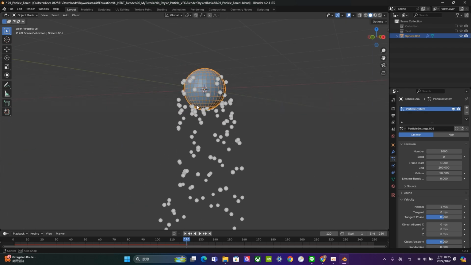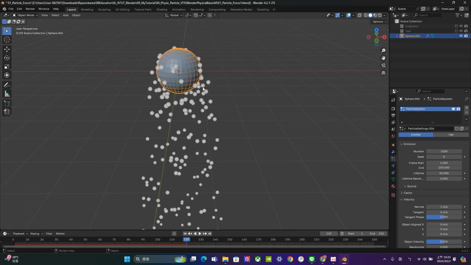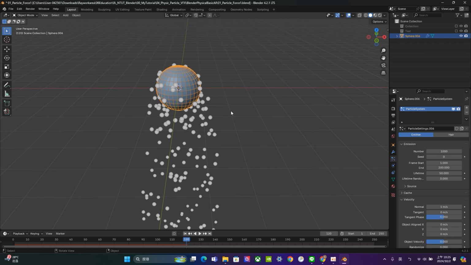But right now the particles just keep falling down, right? The particles just keep falling down. So how can we change the direction and how can we change the movement of the particles? Then it will be about the forces. So in order to make these particles move in a different way, we have to add forces inside your Blender file. So let's go to here,